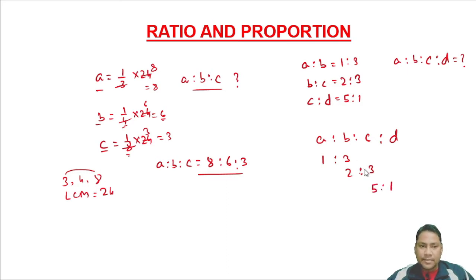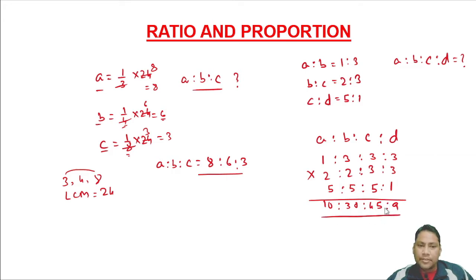Now we have the blank places and we will fill them with the neighboring values. We will write 3 here, next also 3, likewise here 3 also, the blank here we will write 2. Here the blank's neighbor is 5, we will write 5. Here also the neighbor is 5, we will write 5. Now we will multiply all these numbers. This will become 1 times 2 times 5, 10. 3 times 2 is 6, times 5 is 30. 3 times 3 is 9 times 5, 45. And 3 times 3 is 9.